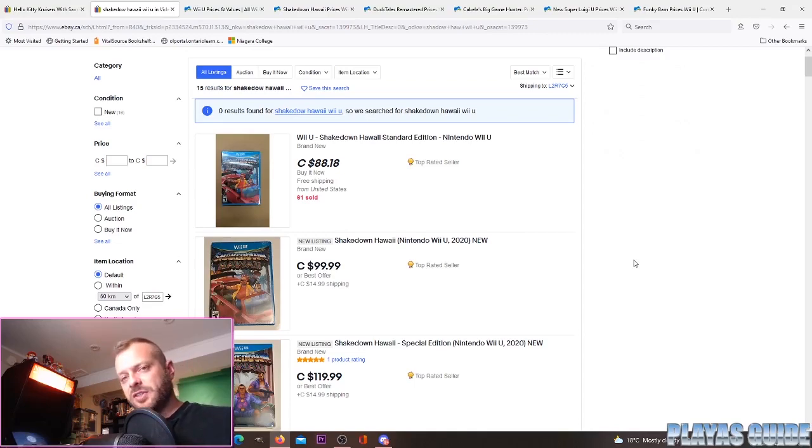Like myself as a collector going for a complete collection, I don't want them to be releasing, let's say they want to do some game like Don't Starve on the Wii U, or Mutant Mudds, or Fez, or something, like some older indie game that they could get the rights to and release it on the Wii U. Do gamers really want that? I don't think so. The collectors like me don't really want it, but you're kind of forced to buy these games